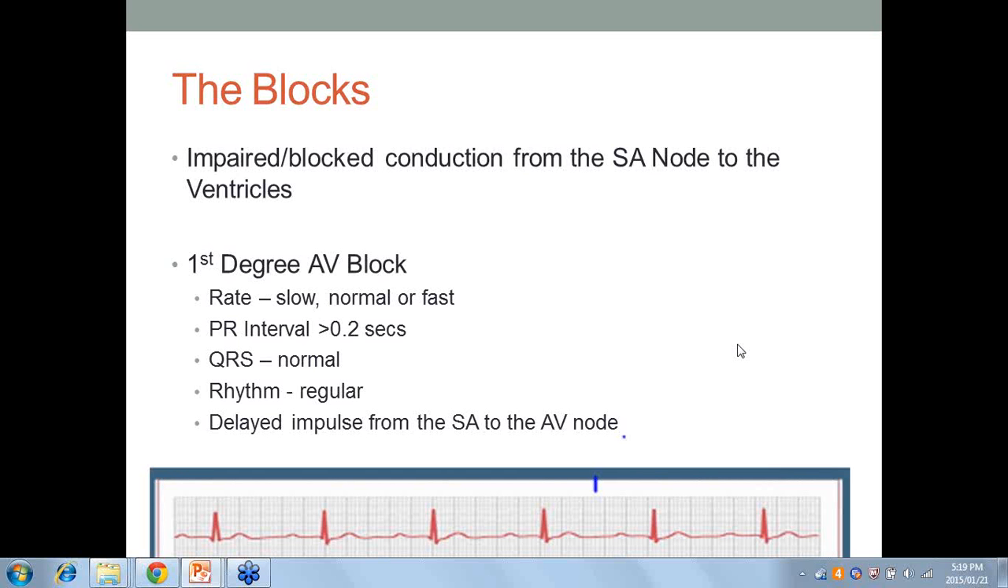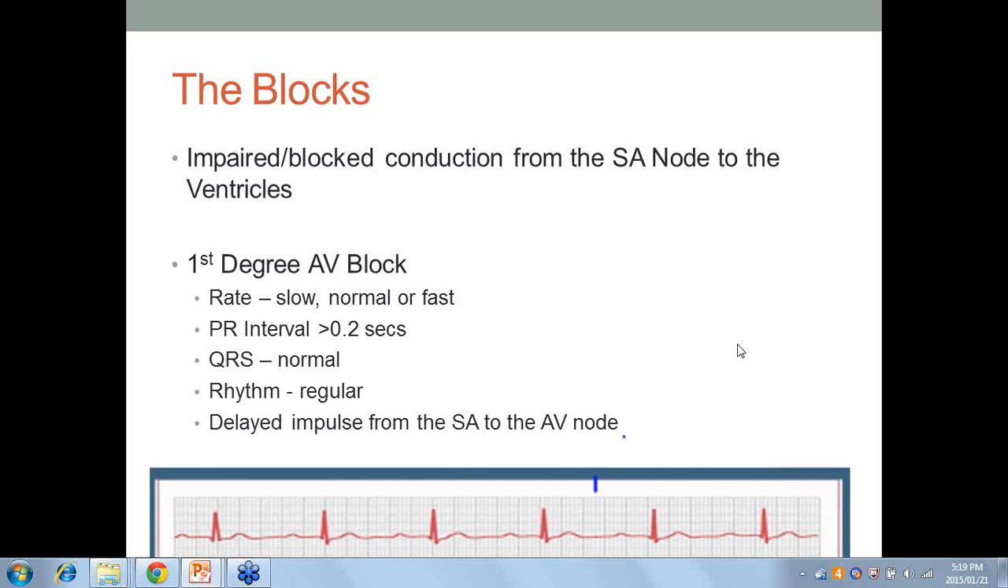There are 4 types, and the first one is a first-degree AV block, AV meaning atrioventricular. So the blocks identify a conduction problem between the SA node and the ventricles. So if you think about a first-degree atrioventricular block, the blockage is happening between the atria and the ventricles. So there's something going on, something's delaying or interrupting or messing with the message, the impulse between the atria